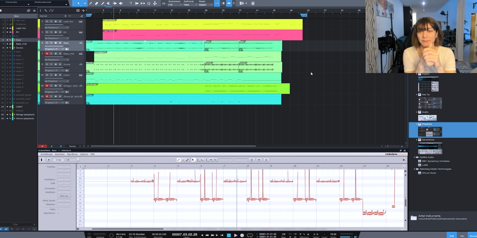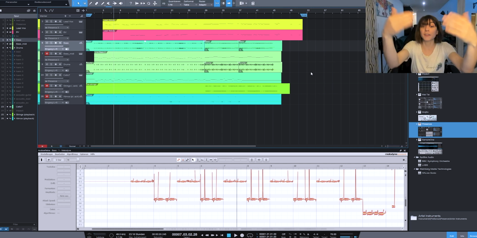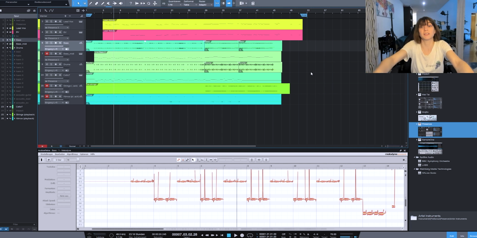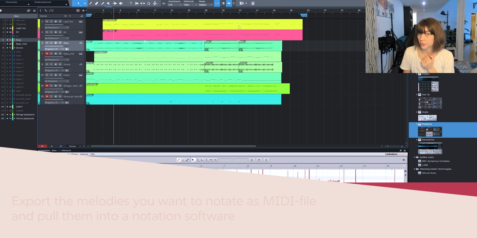And I mean, they can all do it by ear as well. But the feedback I've gotten from one of them is that if they have the sheet music, they can just play it. So there are fewer questions, and you have a better basis for communicating. Whereas if you just go by ear, it's often kind of ethereal still. So once you have that, you export your MIDI track